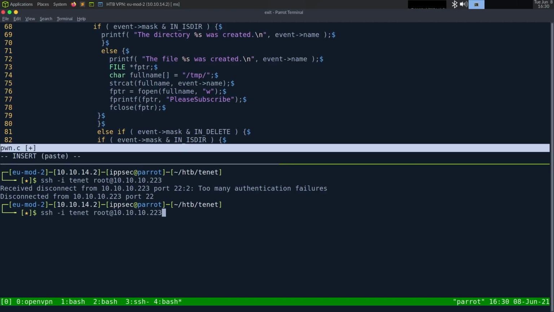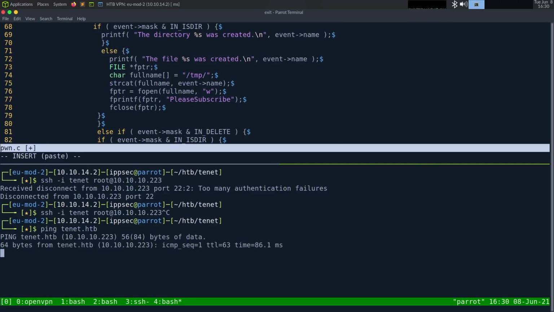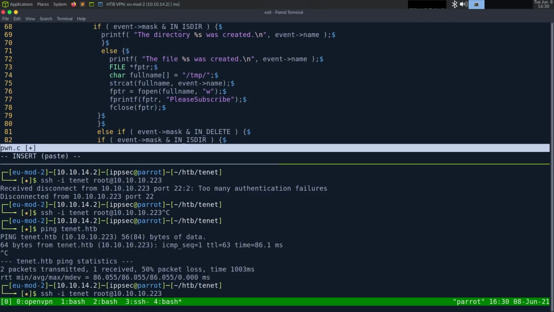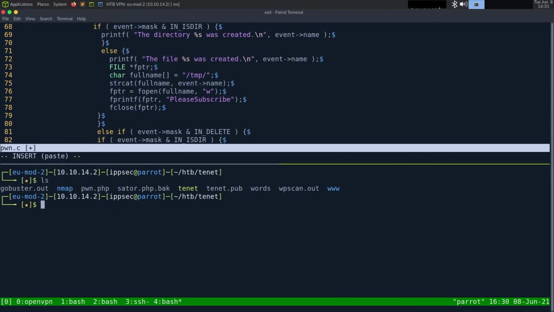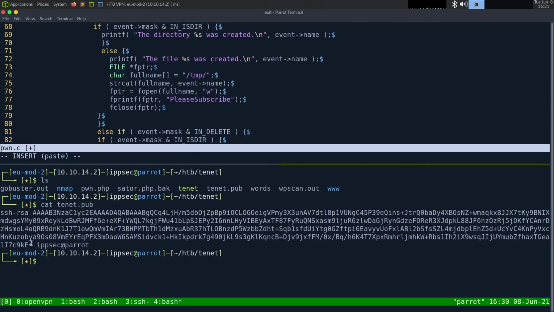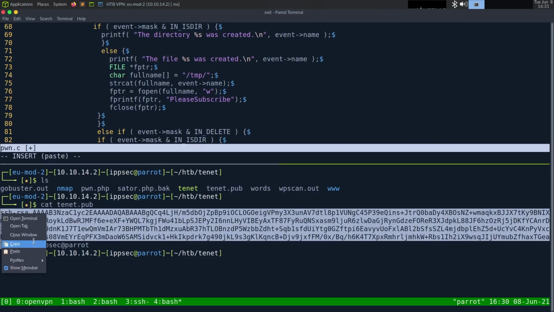What was that, the IP? Ping tenet.htb. So maybe the key got erased. Maybe there's a cron to clean up. So let's cat tenet.pub and we'll put our key there to see if this works. Hopefully I didn't get blocked somehow or something, but